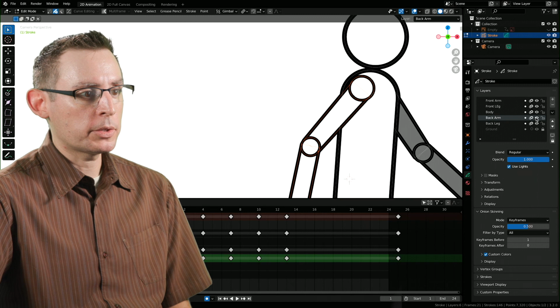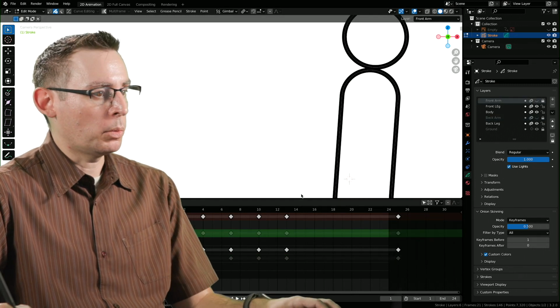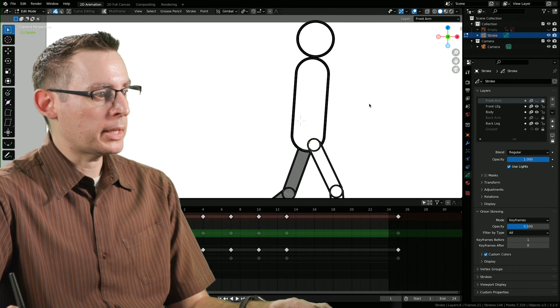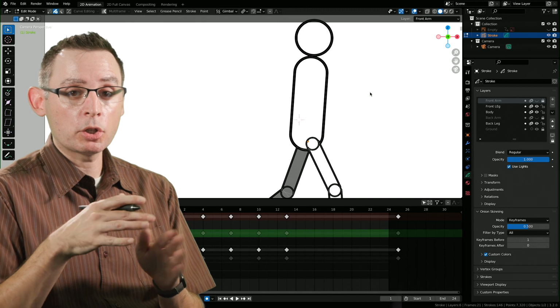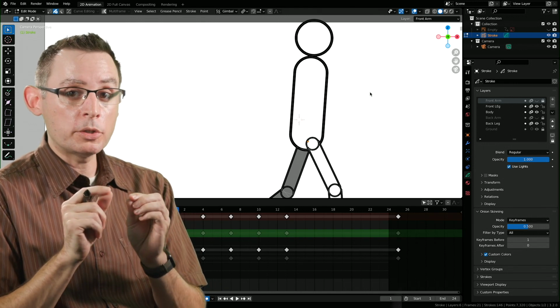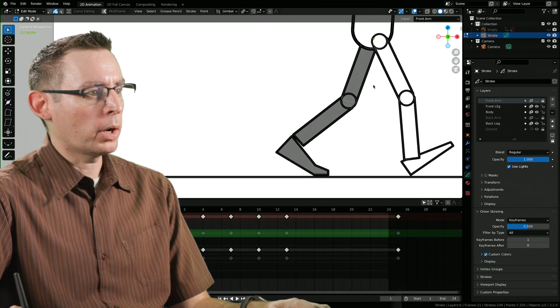All right, let's turn our arms off and lock them so we don't mess them up on accident. There we go. And let's get to work. I think what I'm going to do here is very quickly move the existing shapes onto their own layers before we duplicate. That way it's a little bit more controlled and it's going to work the way we want it to work.